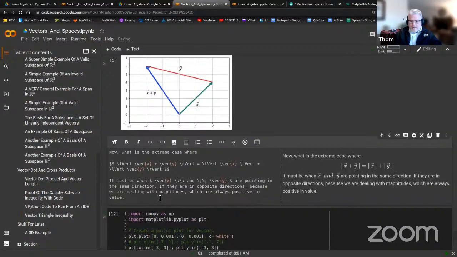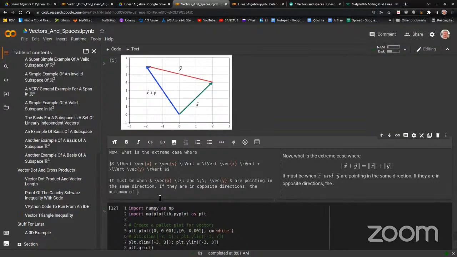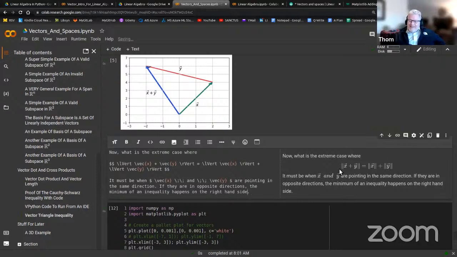the minimum of an inequality happens on the right hand side. Man, I'm glad that happened. That's really cool. What we've decided is, well, there's a case when these are equal, but it's a super rare case